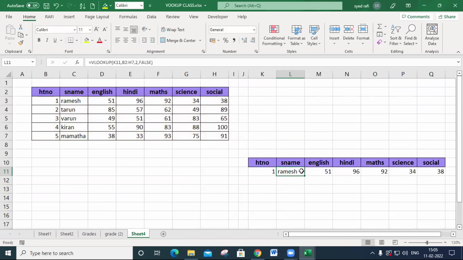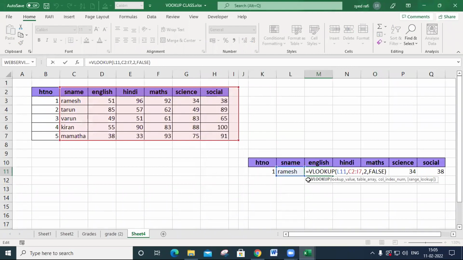If you drag like this, what happened? It navigates. Also you may check the lookup value: instead of this one, it will be moved towards the right. Is it correct? So totally wrong. It changes the lookup value.